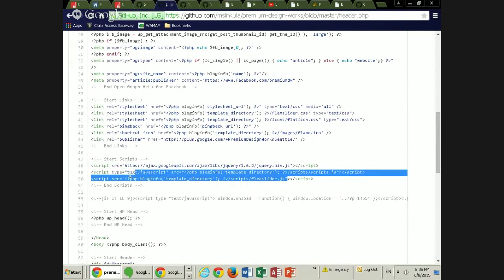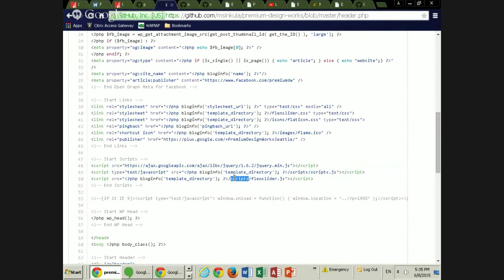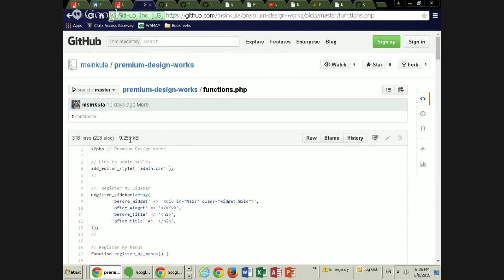Here is the call to the FlexSlider JavaScript that I put in a scripts folder. Here is the FlexSlider CSS that I just put at the root of my theme folder and used bloginfo template directory to point to it. Okay, so if we go back to